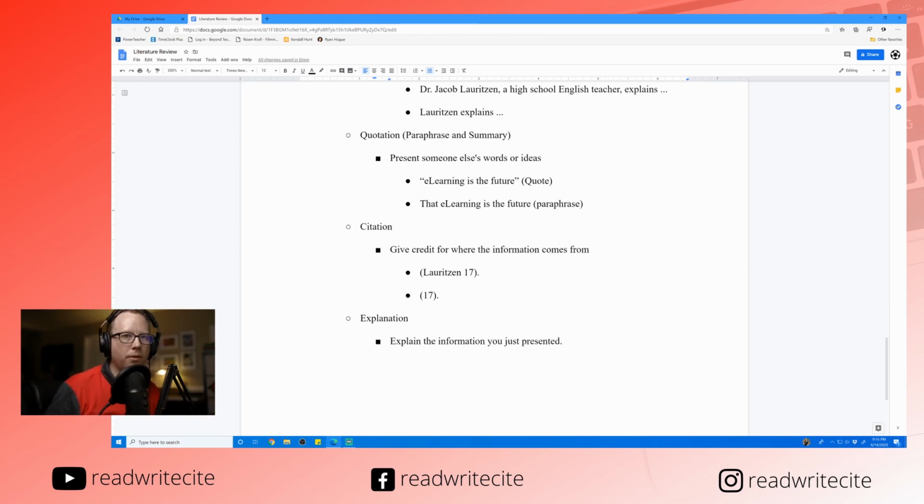This should be the majority of your paper. You introduce a source, then you spend most of your paper explaining what those sources have to do with your point. If the majority of your paper is citing them, you are missing out. Because remember, your job in writing research, even in a literature review, is not just to present their information. It's to add what you have analyzed, what you've learned, what you've said about it. That is the purpose of this paper, is to add your